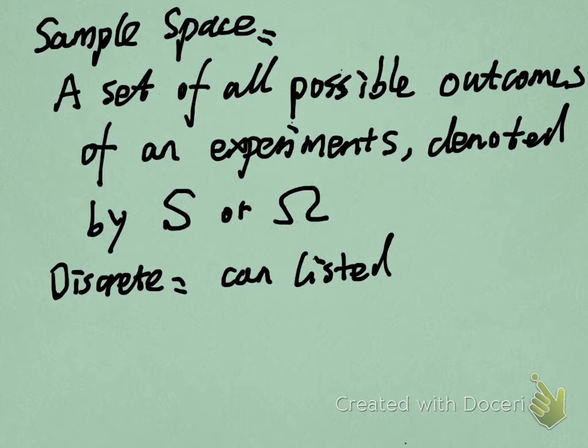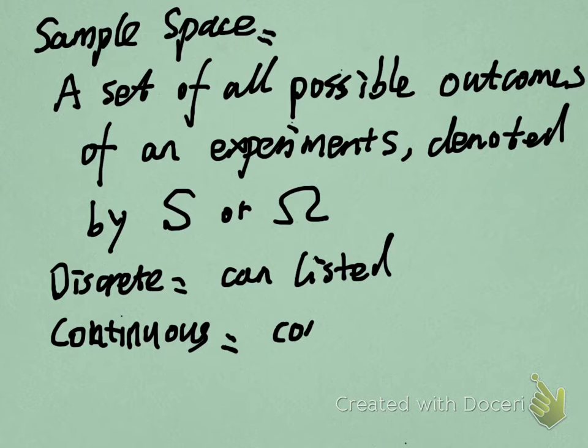Similarly, we can play with a die. We can get 1, 2, 3, 4, 5, 6 different possible outcomes. So that means rolling a 6-sided die also generates a discrete sample space. And then, besides this one, there is also another class, which is a continuous sample space. So what is a continuous sample space? A continuous sample space means all of the possible outcomes are